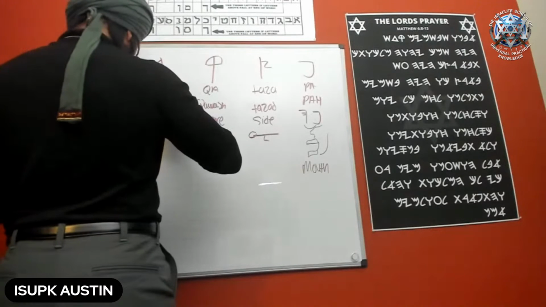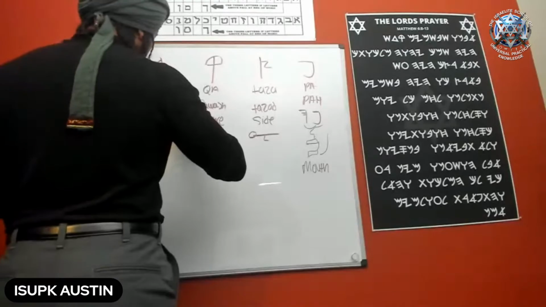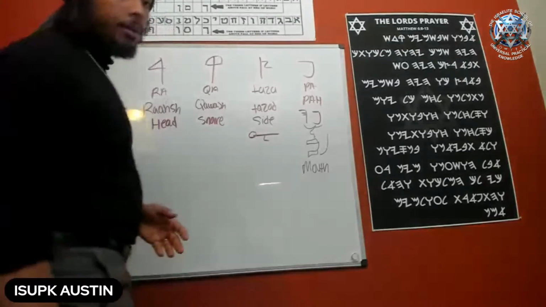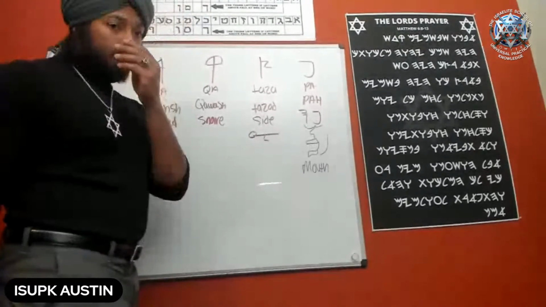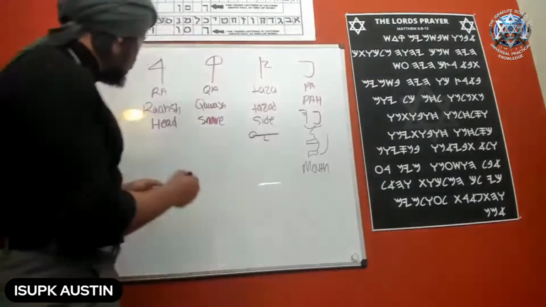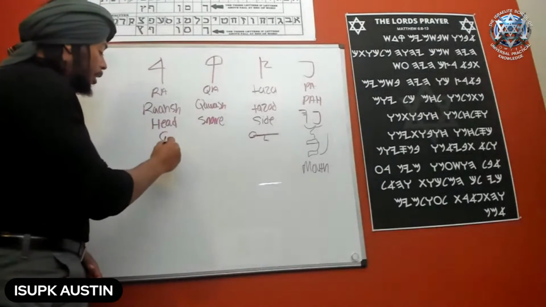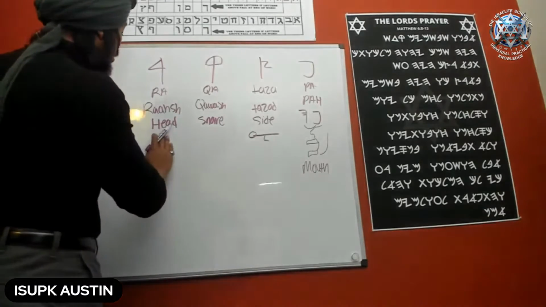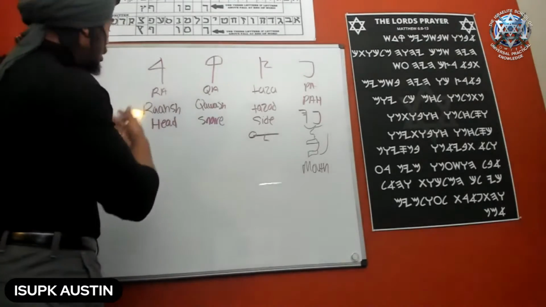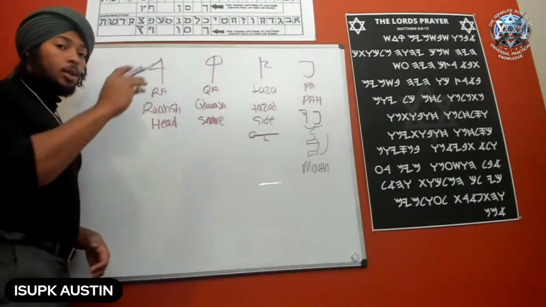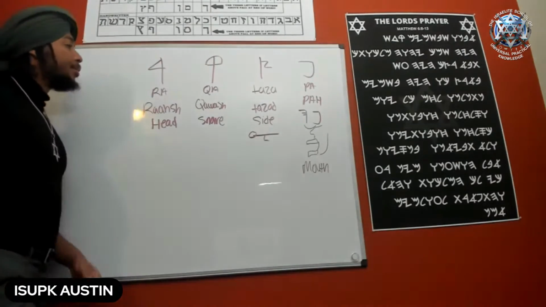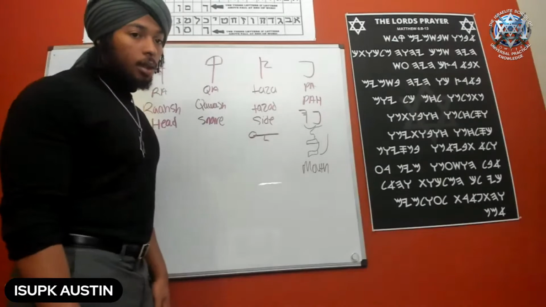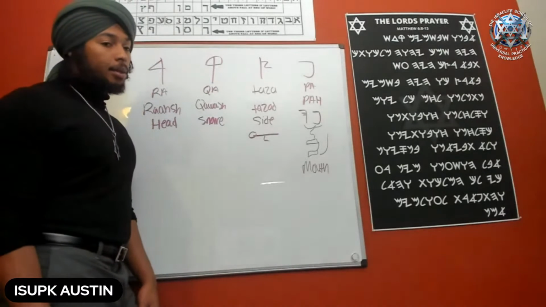Which is head. Of course, you know head. Think about a stick figure. Today we would just do a stick figure like that, right? That's what we would do. But the head is being shown looking this way. When you look your head this way, that's what it's showing. Boom. Now, Qua is a snare, right?